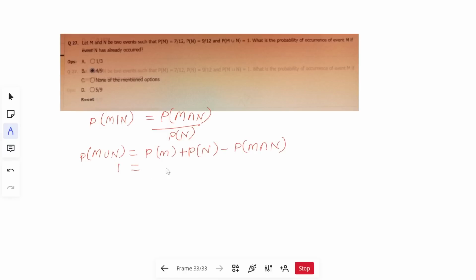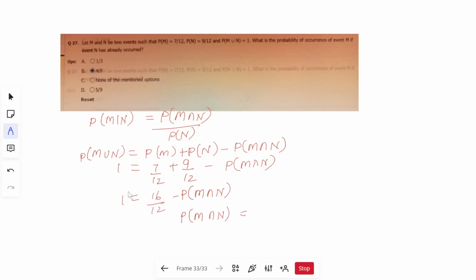See, the probability of M is given to us as 7 by 12 plus 9 by 12 minus the probability of M intersection N. Then this one we will solve. We will get 1 equals 16 by 12 minus the probability of M intersection N. Then we are substituting just the same values and finally solving it, we will get the value as